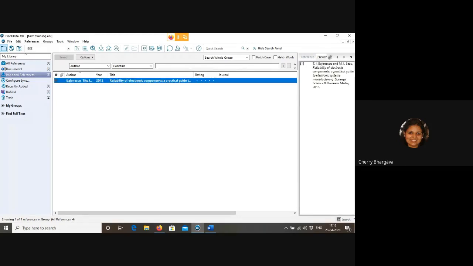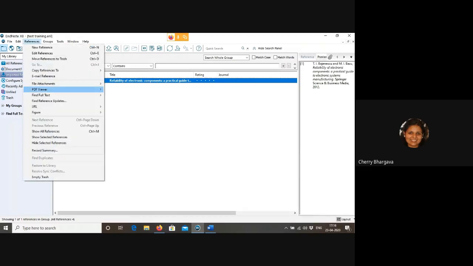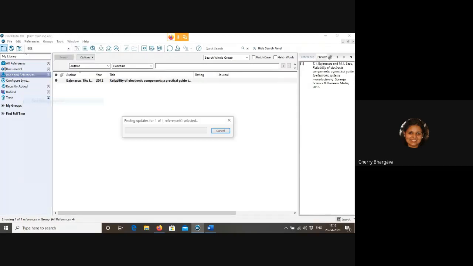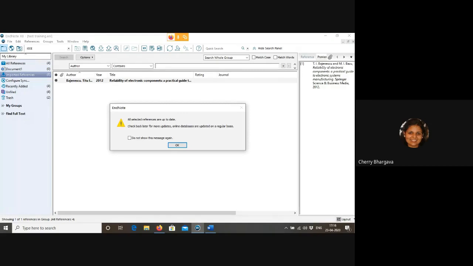Okay, so now this one is a book. Again, I'm going to move into the reference and find reference updates related to this particular book, which was published in 2012.